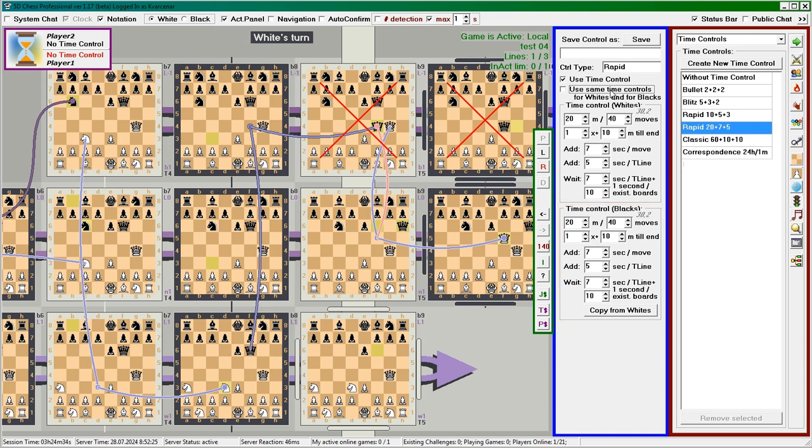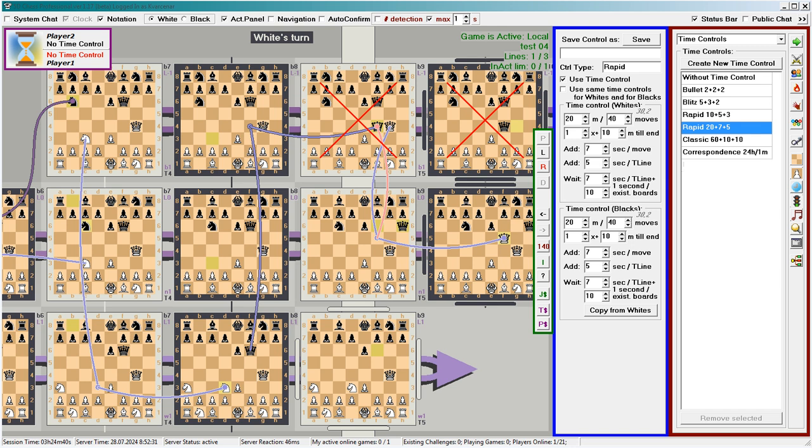Remember when we created a daughter game, a list of games appeared under the clock? That list of games implies that you can play multiple games simultaneously. For example, giving a simultaneous exhibition. Usually, the one giving the exhibition has more time control than their opponents. You can also use different controls for white and black if you want to give your opponent a time handicap.